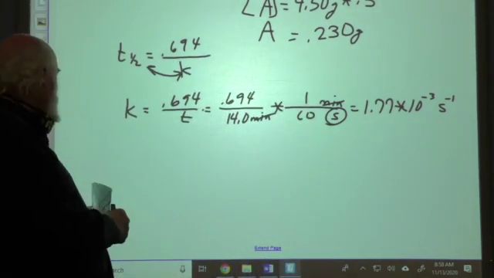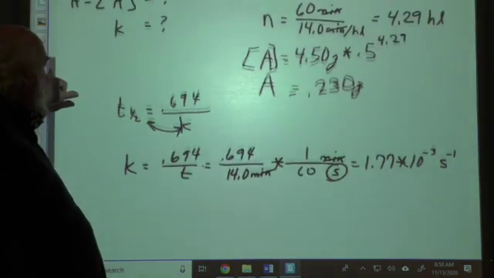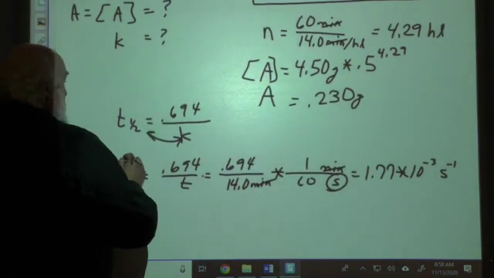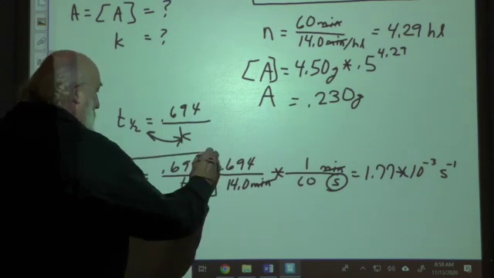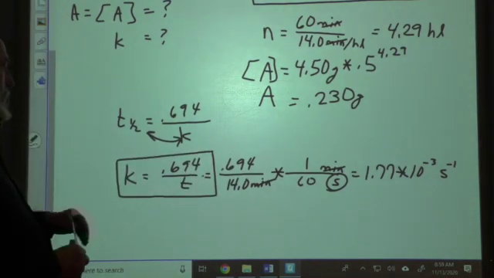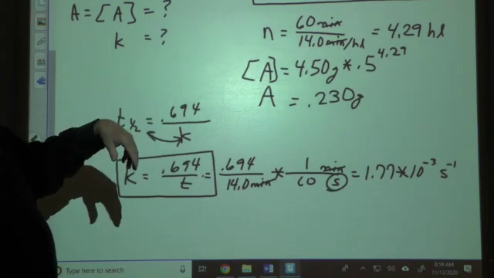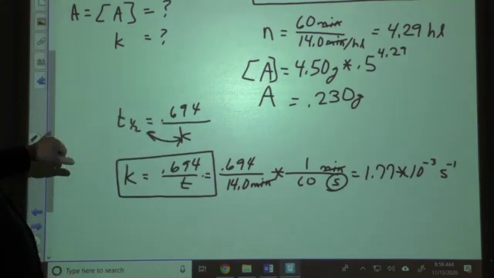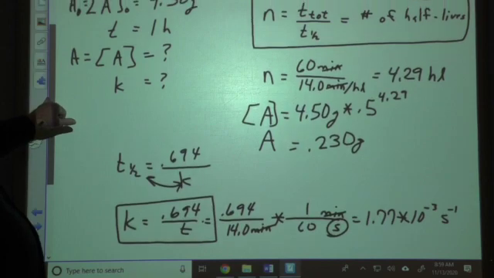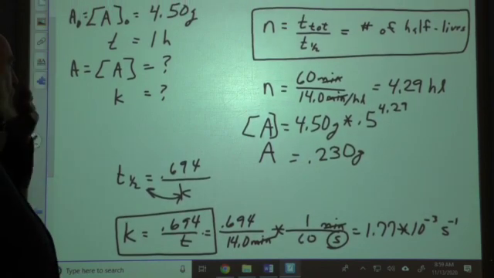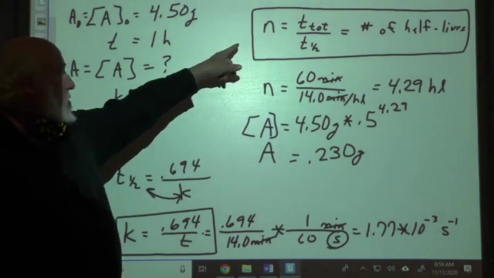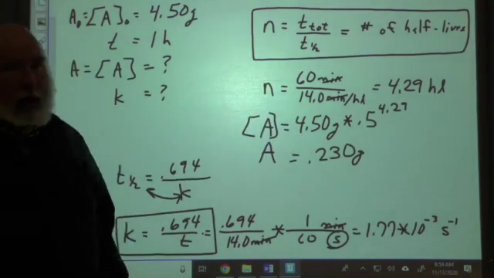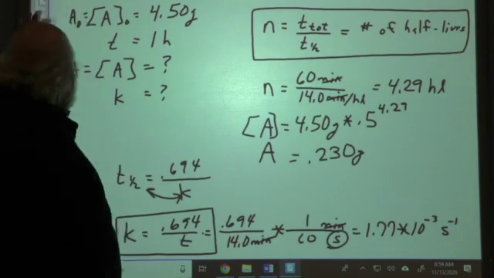So two powerful tools here. Using this formula right here, you could put another formula in there with respect to k if you want, or just use your algebra skills and keep that same formula you had before from the last unit. And the other one is, of course, this one, n equals t total over t half. Next one,